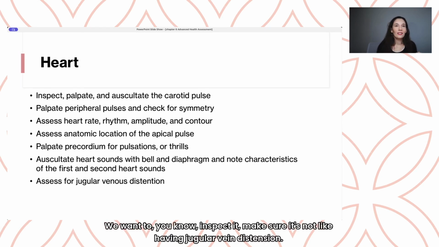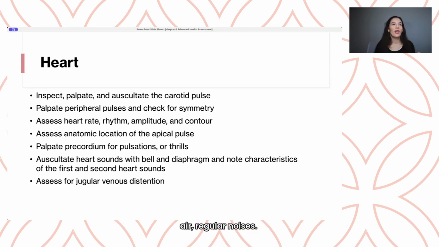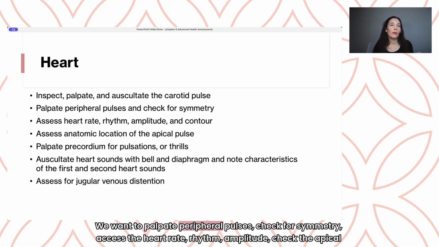We want to inspect it, make sure it's not having jugular vein distension. We want to palpate it to make sure, obviously, there's a pulse. And we want to listen for any bruits, any irregular noises. We want to palpate peripheral pulses, check for symmetry, assess the heart rate, rhythm, and amplitude,